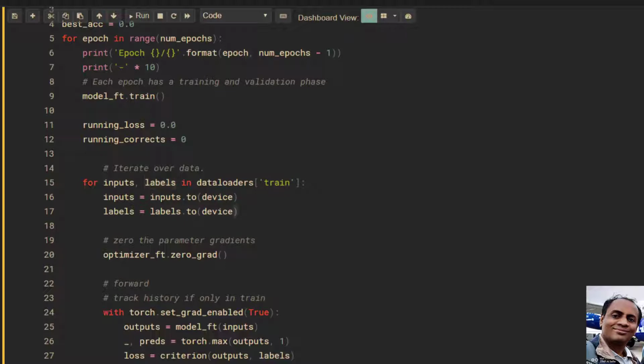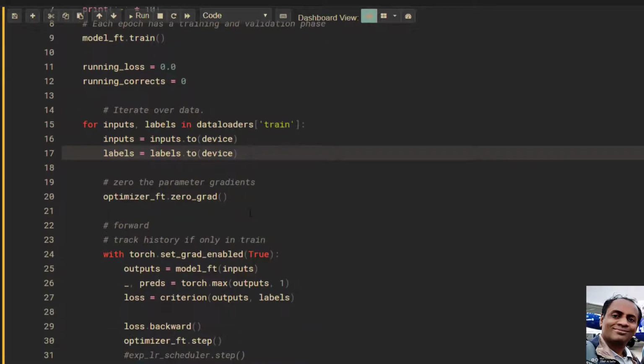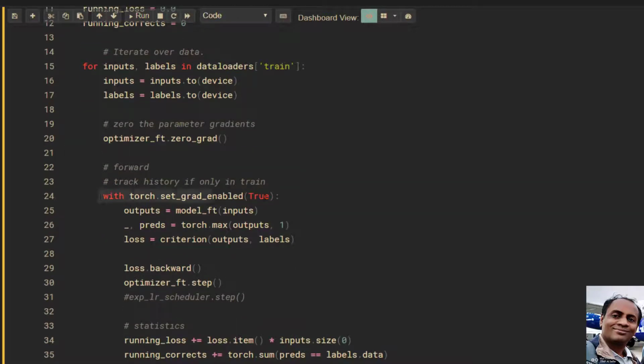Here we move the inputs to the GPU, and also the labels to the GPU, because we want to do all computation on the GPU. We are zeroing out the gradients here. Then we set the gradient enable to true, outputs equals model of inputs.